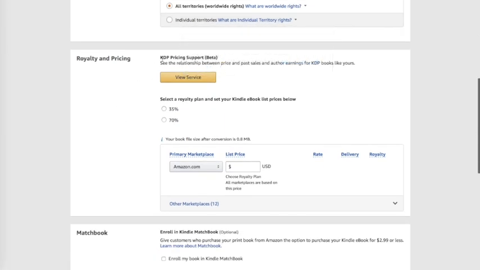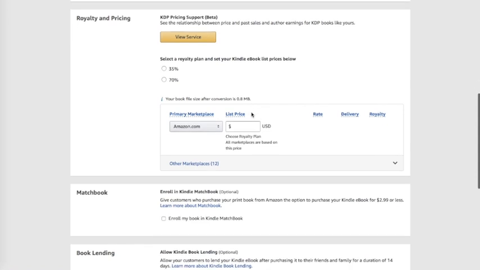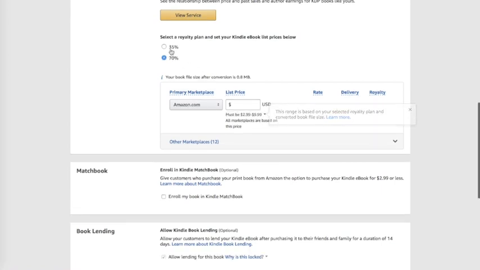But then here comes the royalty and pricing section. So you can see how there's two options. You can get 35% royalties or 70%. If you choose the 35% option, you are able to sell your books for much lower pricing, as low as 99 cents. But you only get a 35% royalty if you choose to do that. If you want a higher royalty of 70%, your ebook actually has to be $2.99 through $9.99,